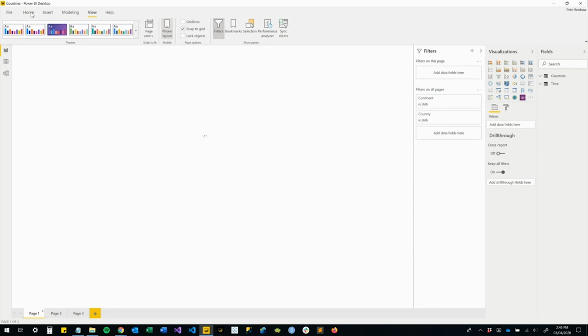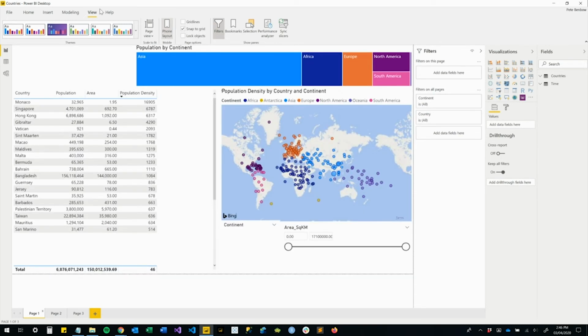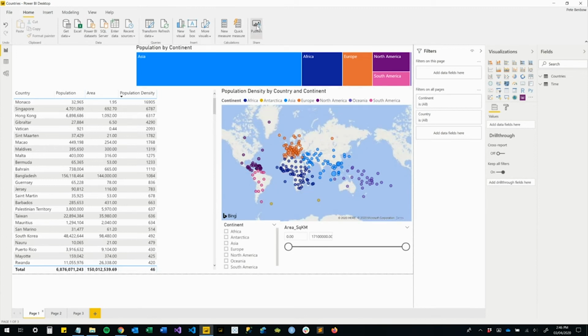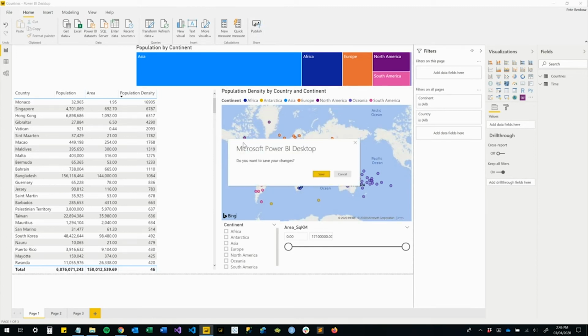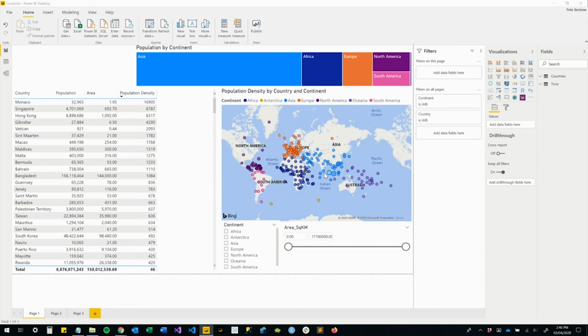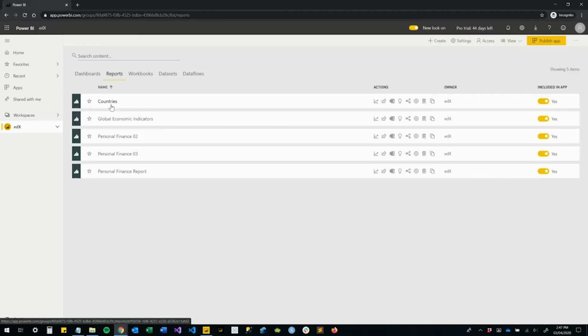Then we'll go to the Home tab and click our Publish button and publish our report to our shared workspace. Now we'll open our browser and go back to the Power BI service. We can't view the mobile report from here because everything in our browser is displayed in the non-mobile format, but